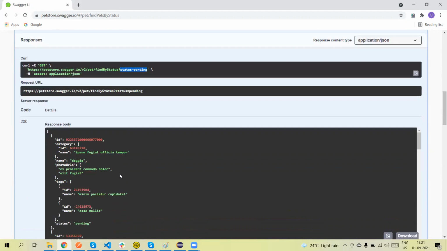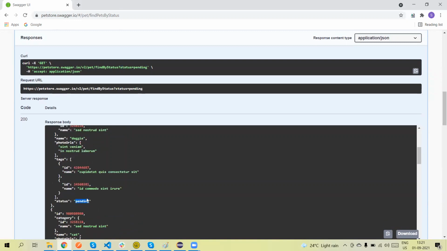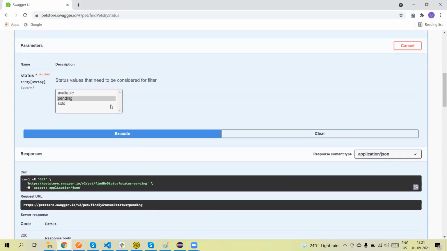You can see here that all the pets in the response have status equal to pending. I am taking this scenario to achieve the data-driven concept, where we will pass the three values available, pending, and sold using the data provider, and this will run our test script three times.